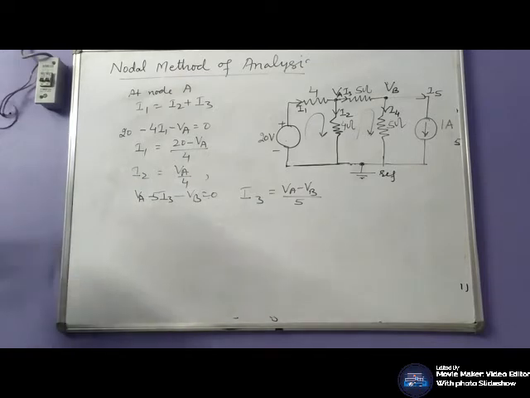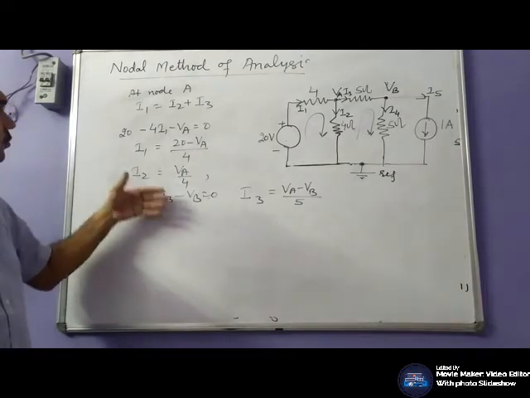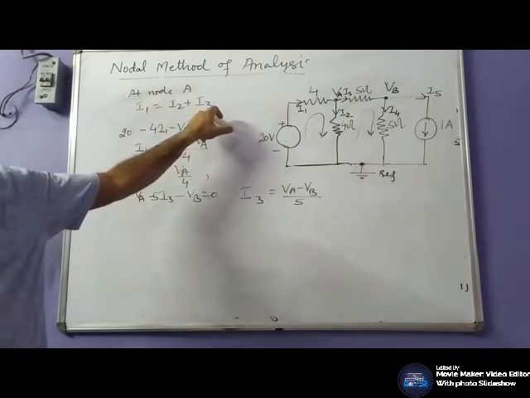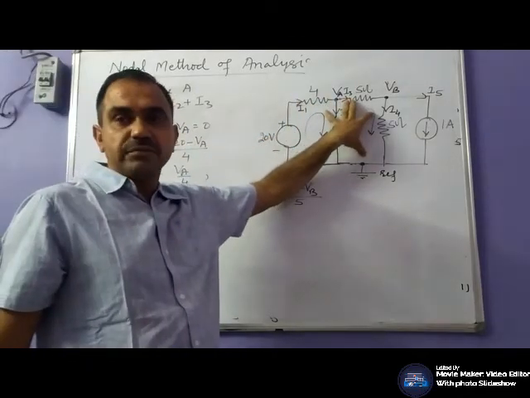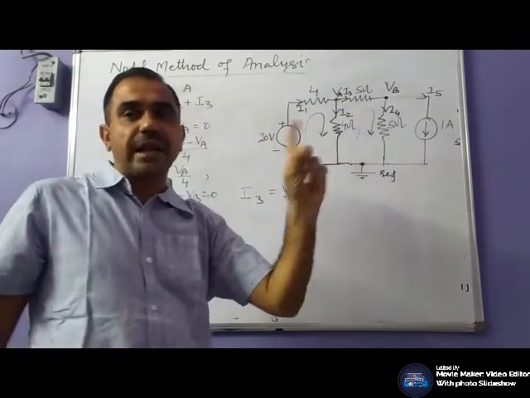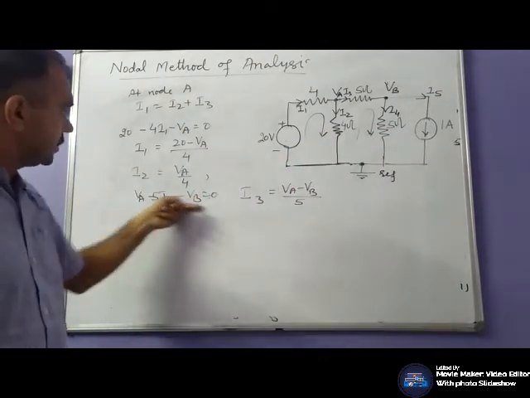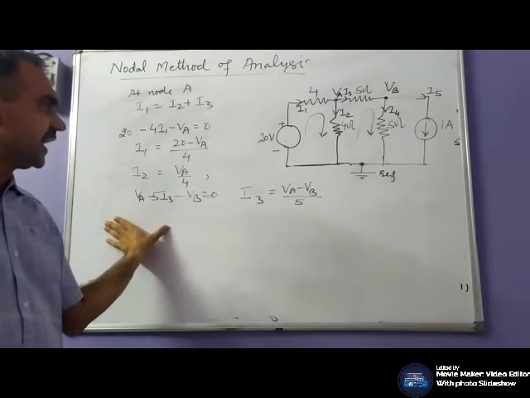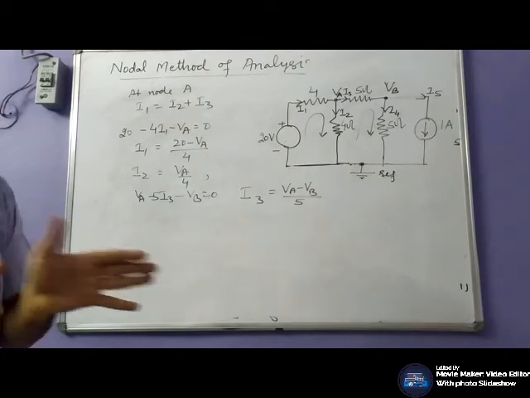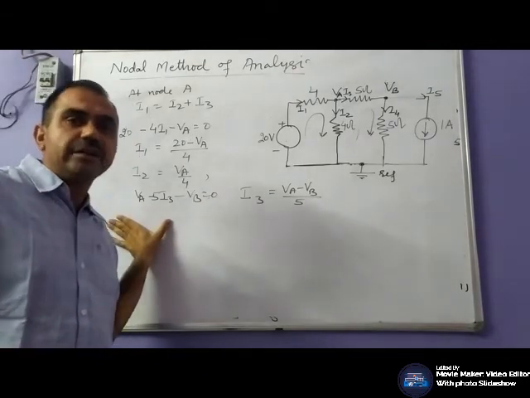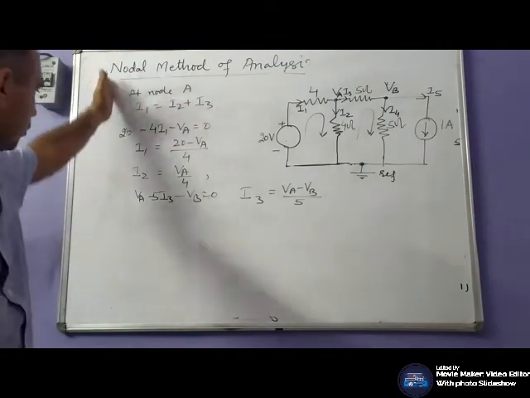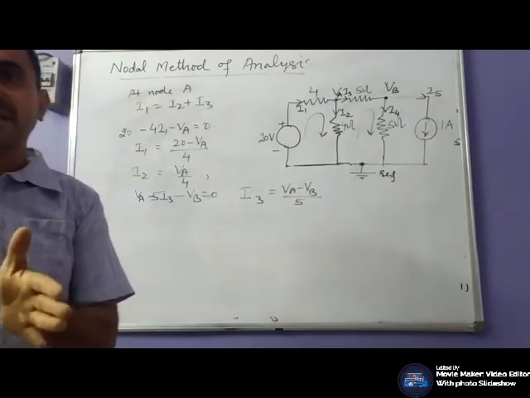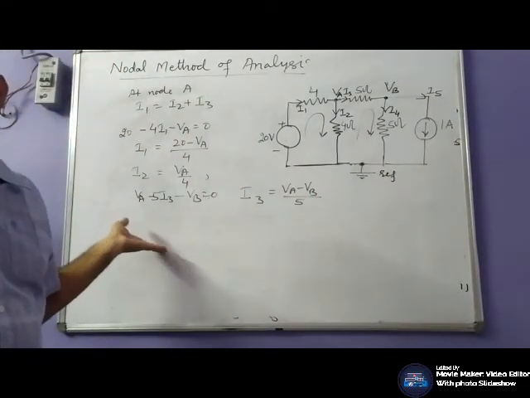Now put these values in this equation. With the nodal method we can directly write down the equation. I would write that equation so that you practice from this. You will find both equations are the same. So when you apply the nodal method, you can use the equations directly. There is no need to simplify when you are solving the problem. But when you are explaining the nodal method, you have to explain how you get these equations.